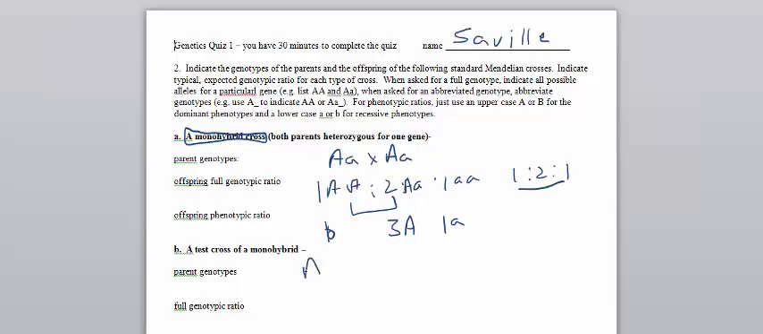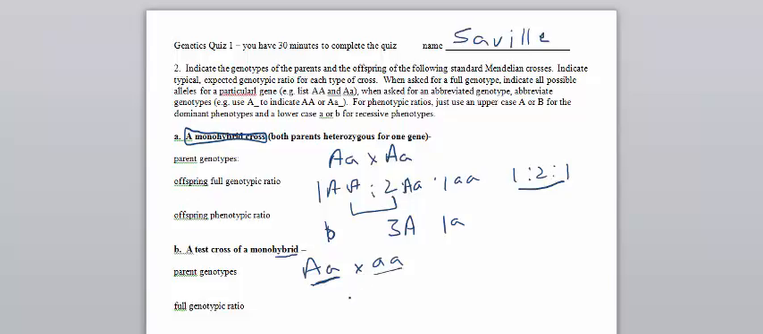Test cross of a monohybrid. That's a monohybrid. The word hybrid means it's a mixture of two things, and so we've crossed two things together to make this hybrid. So a hybrid is heterozygous. A test cross is always crossed to homozygous recessive